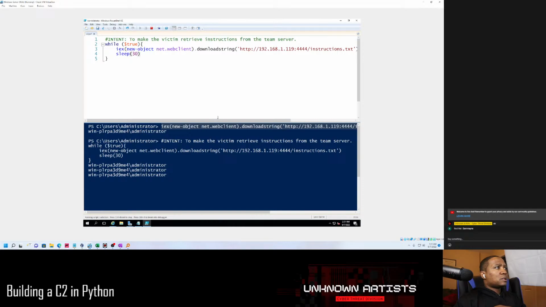What we could do is say output equals that, and then we could just do wget http 192.168.1.119, and this will be on the